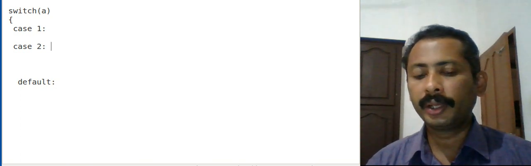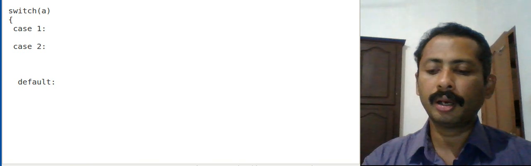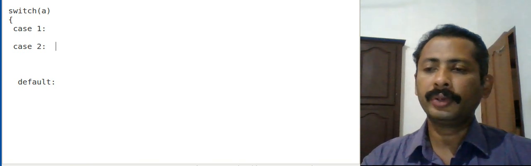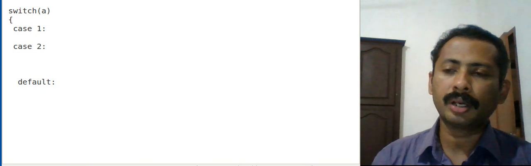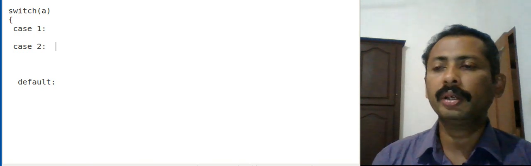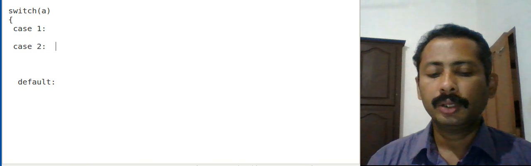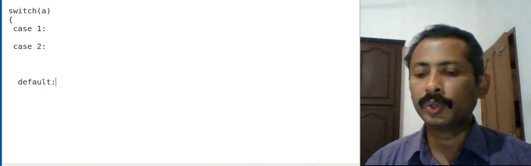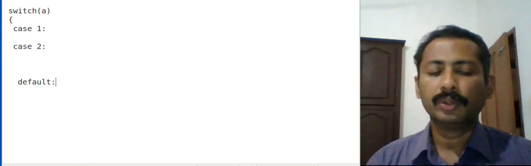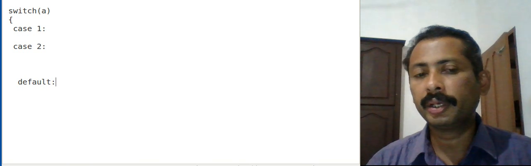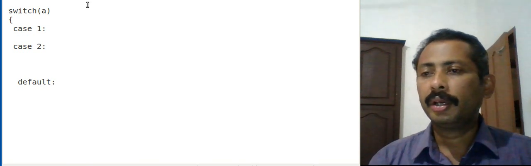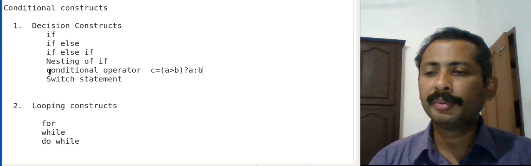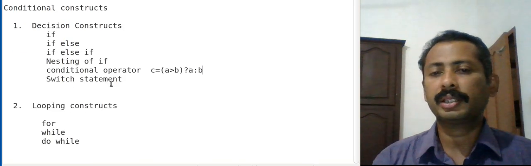We have to remember that we need to give a break after the set of statements, otherwise the execution comes down to execute the remaining portions. This is the syntax of a switch statement. Switch can be used as a multi-branching statement. These are the different types of decision constructs.